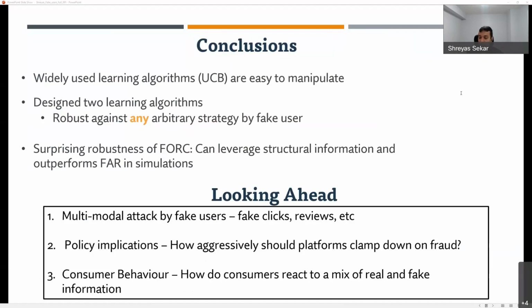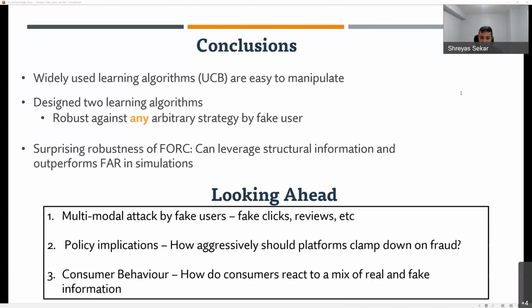The third thing is to start thinking about structural information. So I think many of us in the theoretical computer science community do think about worst case guarantees, which can be quite bad in this setting. So if you're designing algorithms for a particular application, I think it's useful to think about how you can leverage that kind of application to see if I can improve my bounds from the worst case of square root T to something that's much better like log T. And these kinds of improvements can make a big difference in practice.